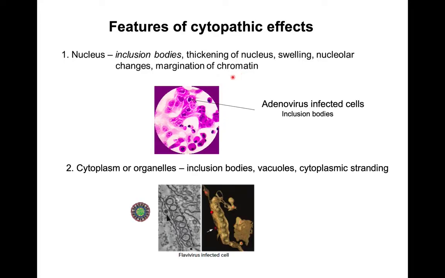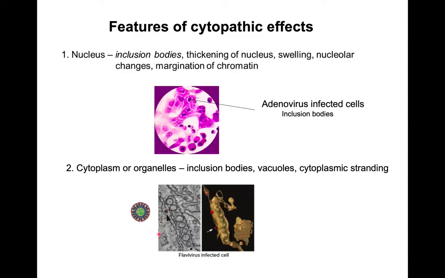We can also see a lot of changes to the cytoplasm or the organelles of our infected cells, depending again on where that virus replicates. Inclusion bodies, again, is one of the big things that we can see. We can also see vacuoles or stranding within the cytoplasm, so the formation of really thick strands of proteins